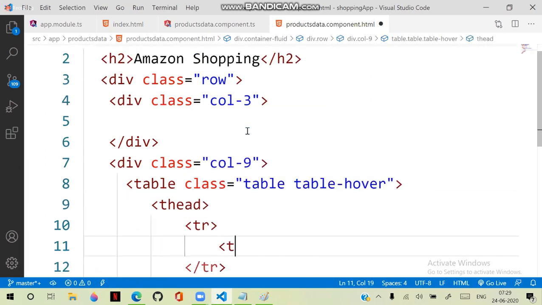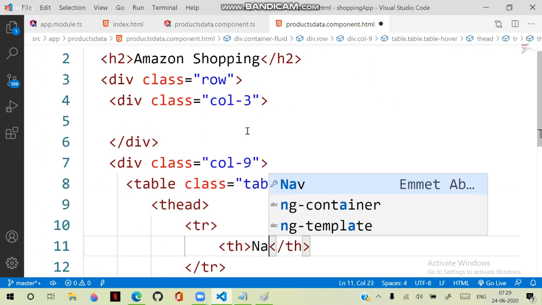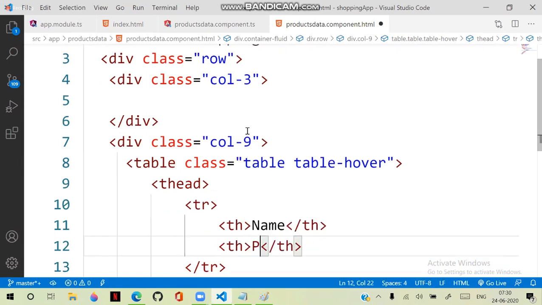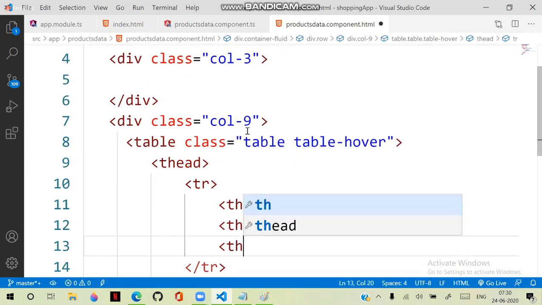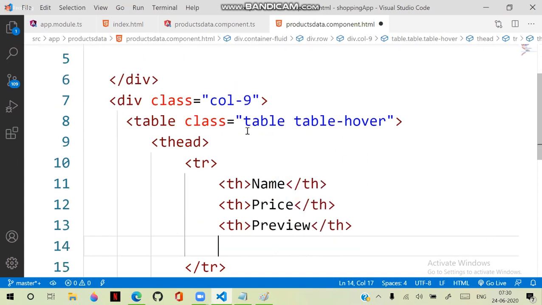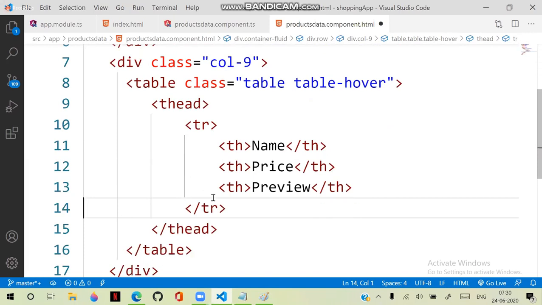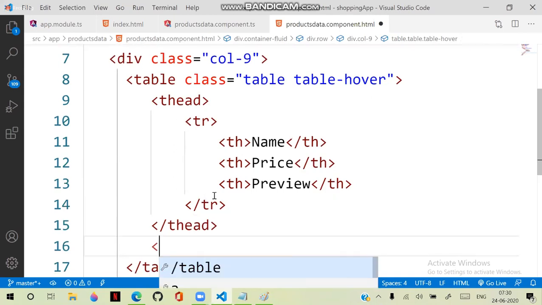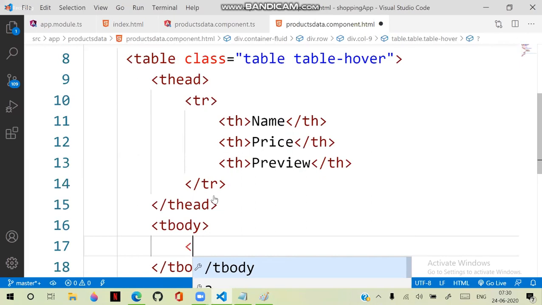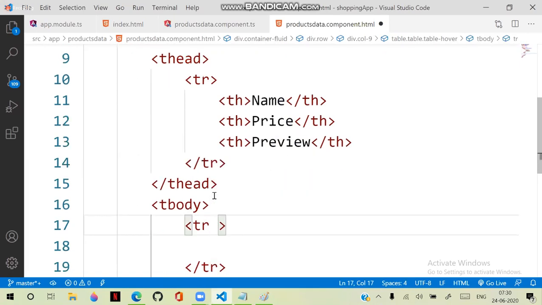In the thead, the th elements have name and price, and we are having preview, and this has a category. No need to show, I'm just defining the category. So here we don't need to show the category. Okay, next in the tbody we are presenting the row, and it should repeat *ngFor let product of products,